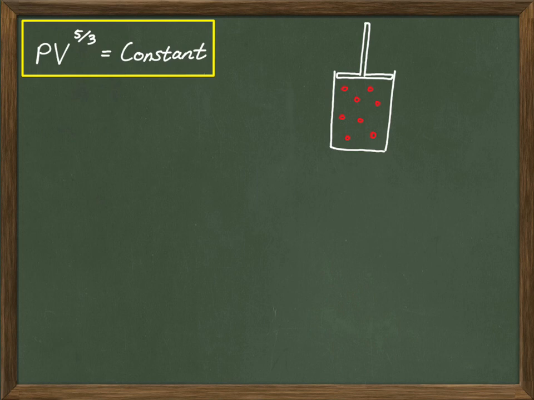For example, if I have a piston, and inside that piston I have some gas. Now, if I were to increase the temperature of this gas by adding heat to it, then obviously the temperature will increase and the pressure will increase at constant volume. But I'm going to do all this without adding heat because I have an adiabatic process. So let's imagine right now the initial pressure is 100 kilopascals, the initial volume is 40 centimeters cubed,